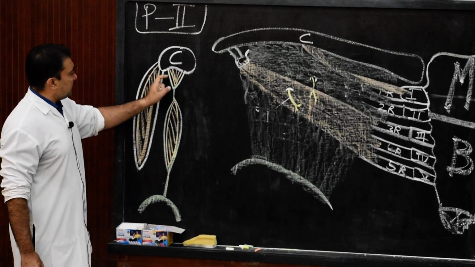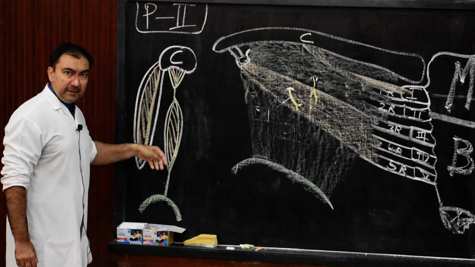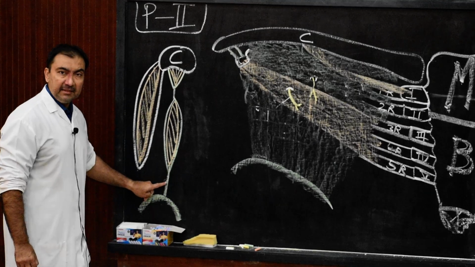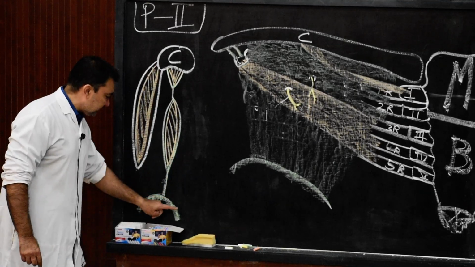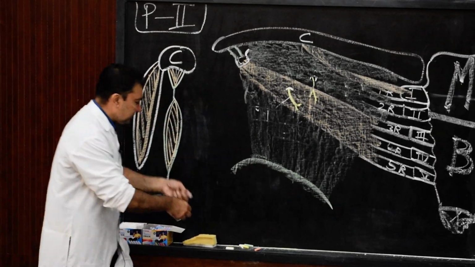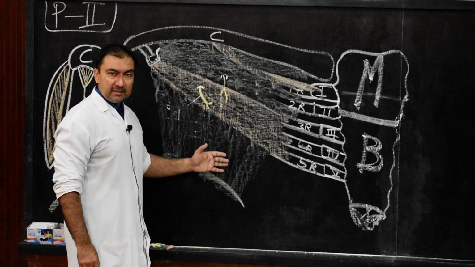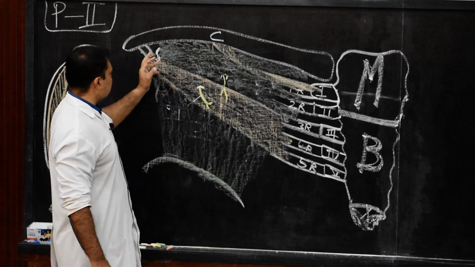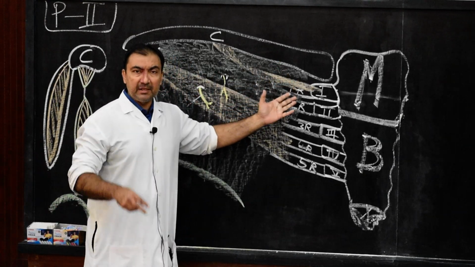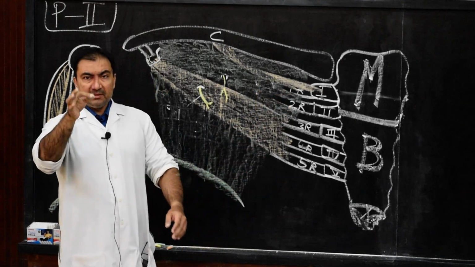Once again I repeat, superiorly it will split and enclose subclavius muscle and it will be attached to the inferior surface of clavicle. Inferiorly, it will split and enclose pectoralis minor muscle and it will continue as suspensory ligament of axilla, which will be attached to this dome of axillary fascia. Coming back to this diagram, this entire clavipectoral fascia, superior, inferior, we are clear. Laterally, medially also we are clear. Laterally it is attached to coracoid process and coracoclavicular ligament, and medially it will be attached to anterior intercostal membrane of upper two spaces.